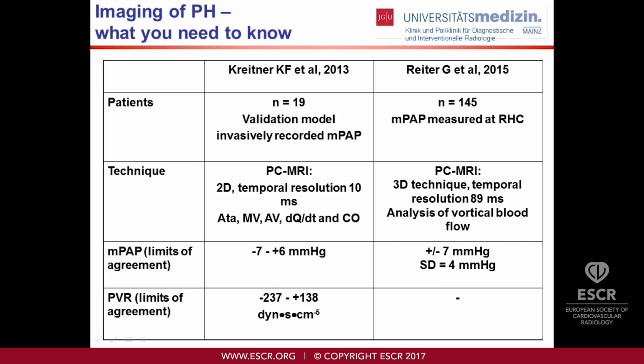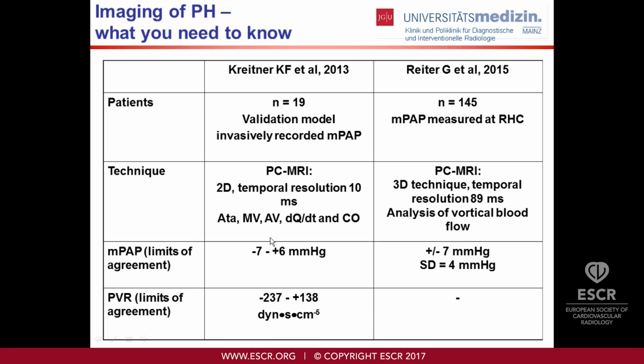We performed a relatively small study. It was a validation study in 19 patients with CTEPH, where we invasively recorded the mean pulmonary arterial pressure by a Swan-Ganz catheter in the main pulmonary artery, and we made our phase contrast measurements, and we created a regression equation where we could relatively exactly determine the mean pulmonary arterial pressure. If you're looking here, this is in the same range as